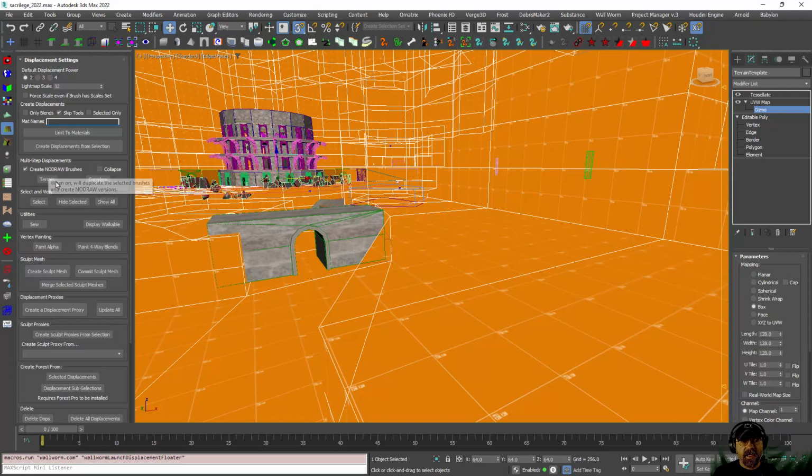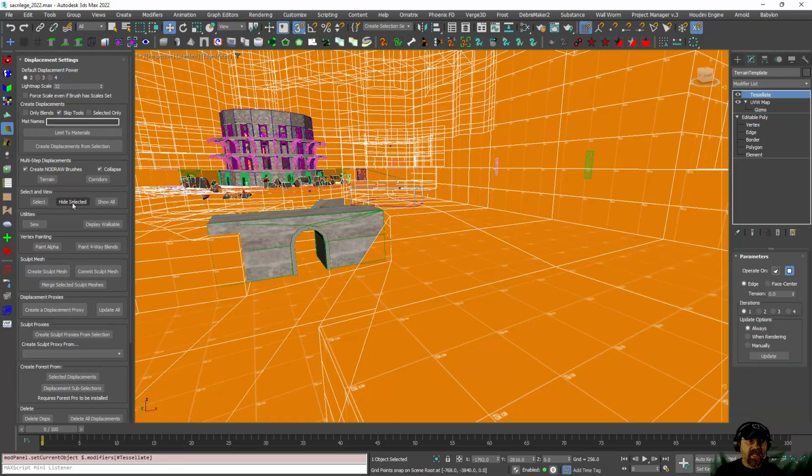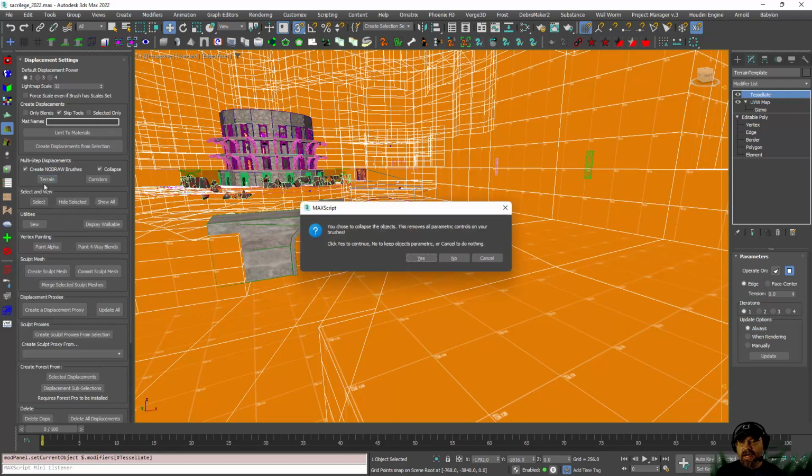And there's a couple options. Again, it uses these up here when it makes them, but then it does a few extra steps for you and it automates these for you. I'm going to go ahead and turn on collapse also, for a reason you'll see in here. So what's going to happen is I have this terrain selected, and I'm just going to click this terrain button. Now, because I hit collapse, it's given me this warning. And you might want to not collapse the objects in this case, but in our case,